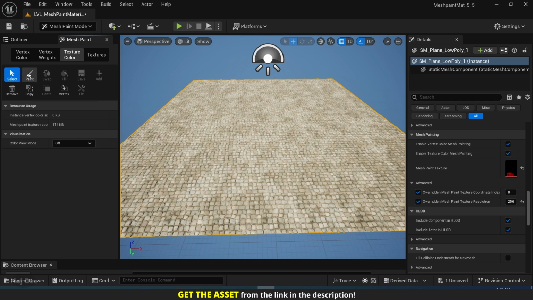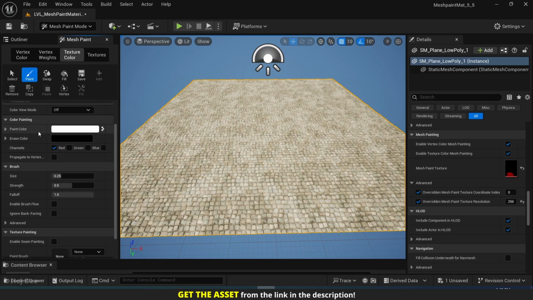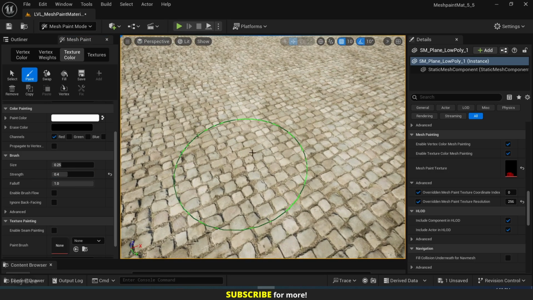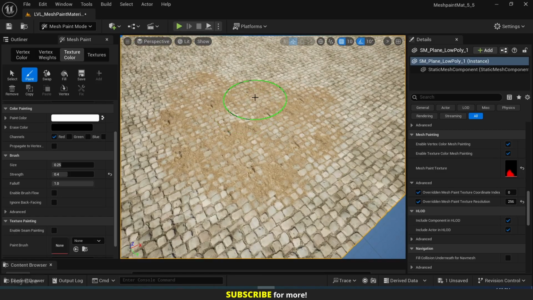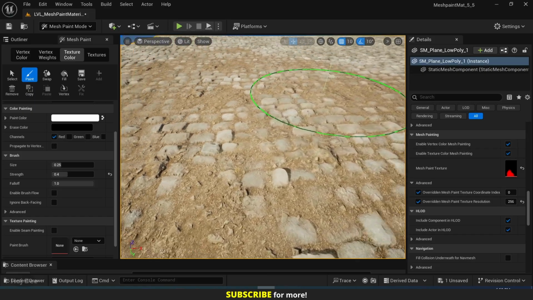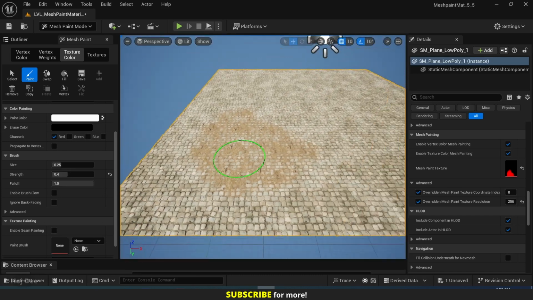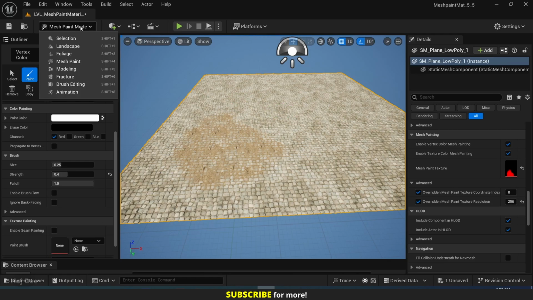Click on the paint button to start painting. So make sure only the R channel or the red channel is enabled. The paint color is white and the erase color is black. Set your brush settings. I'm gonna set the strength to 0.4 and start painting. And as you can see, we have both Nanite displacement and per instance mesh painting. And to show you that it works per instance, let's go to the selection mode,